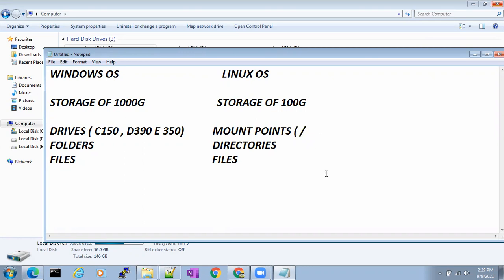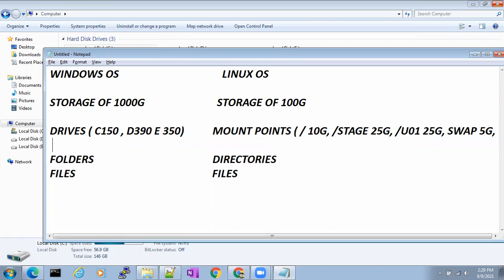Slash is one mount point, 10 GB. Slash stage I'll give as 25 GB. Slash u01 I'll give as 25 GB. Next, swap I'll give 5 GB.